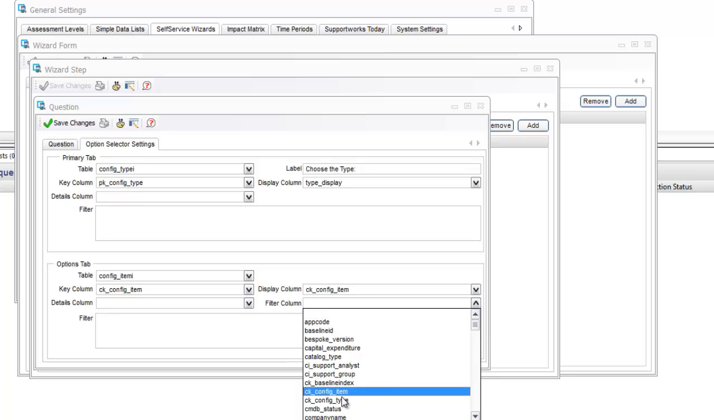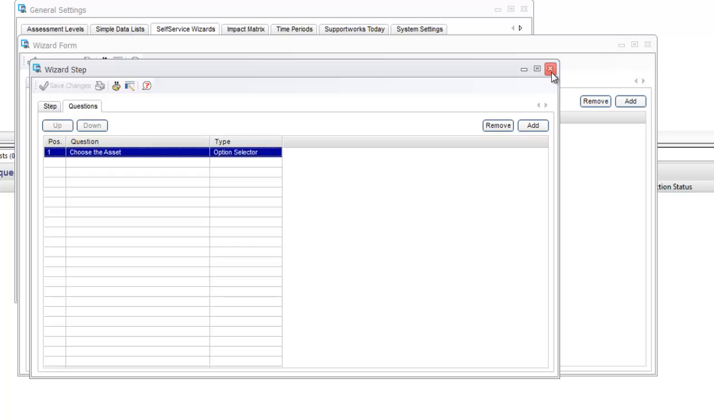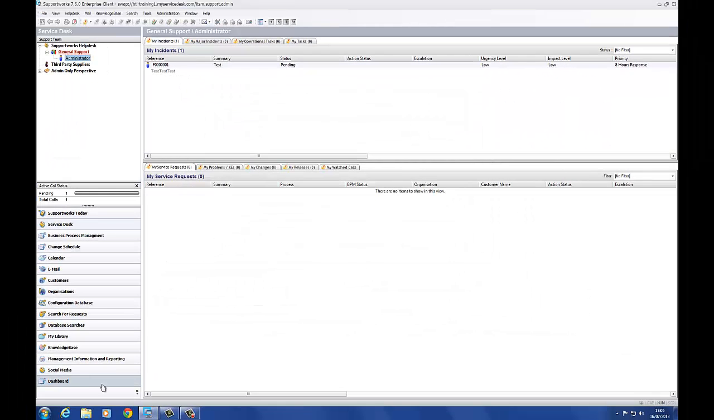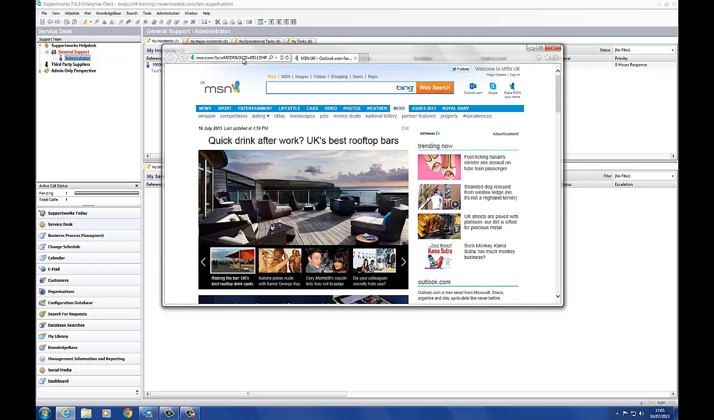And I'm filtering by the type. So again, it matches because I know the ck config type is the pk config type. It will match. Again, you can enter in filters as and when you wish. I'm going to save changes there, and then if I relog back in,